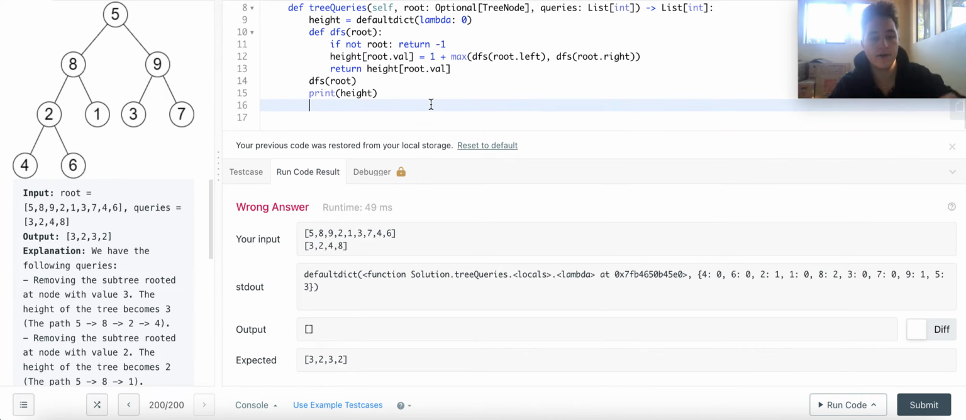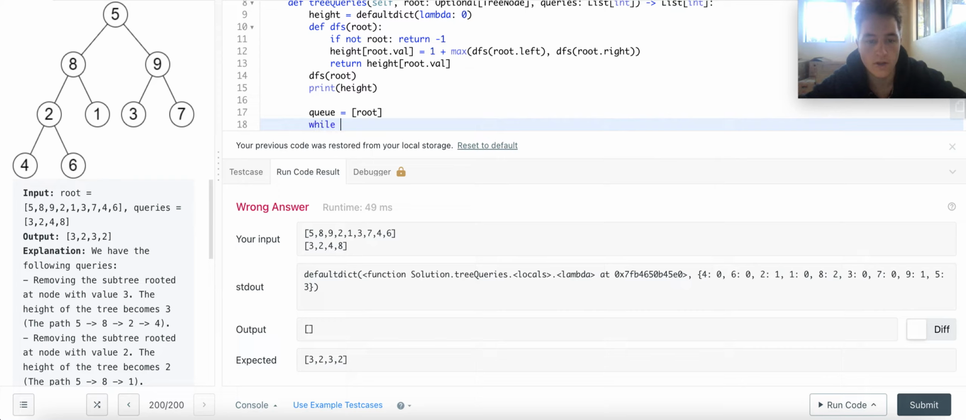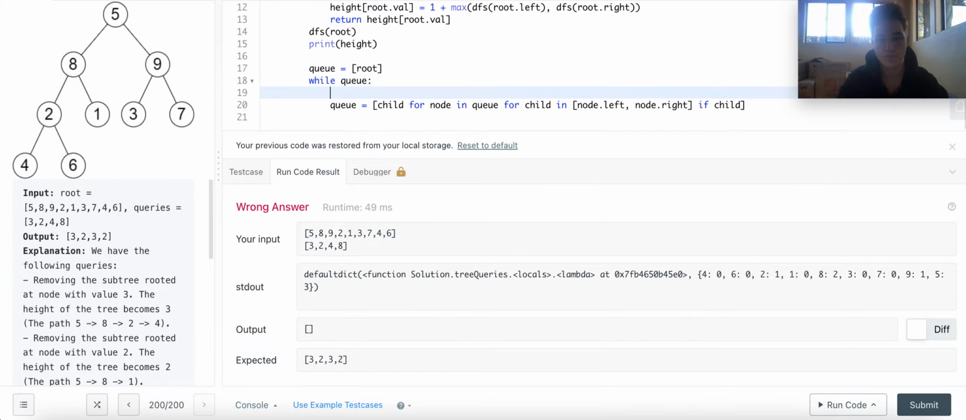All right, so let's go ahead and get right into it. So we're going to create a queue since we're doing BFS. So I'll make a standard BFS approach, and then we'll integrate in the other part. So we're doing BFS queue equals child for node in queue for child in node.left, node.right, if child. All right, so that's a standard version of BFS traversal. So how do we process things? Well, what we want to do,